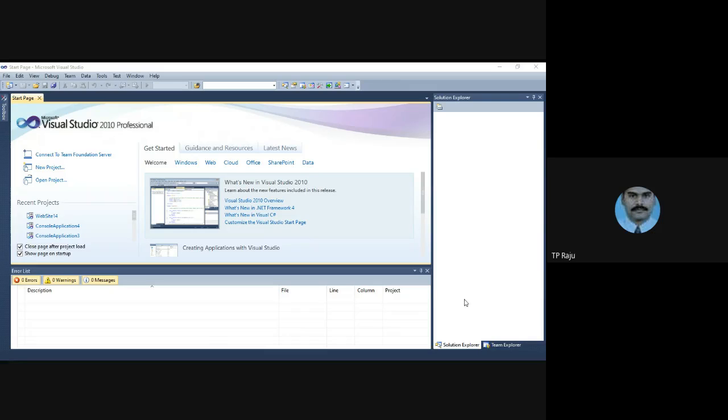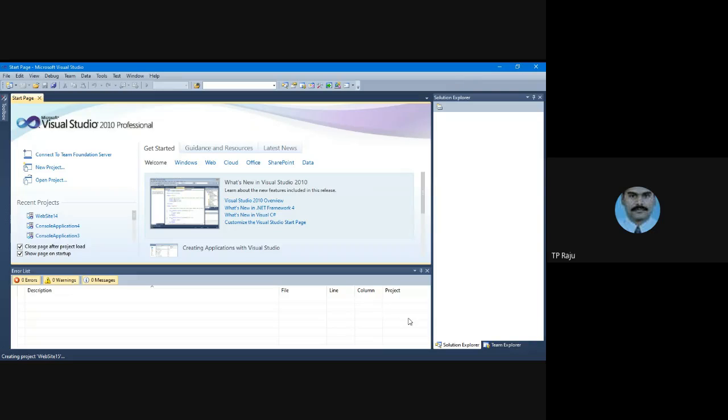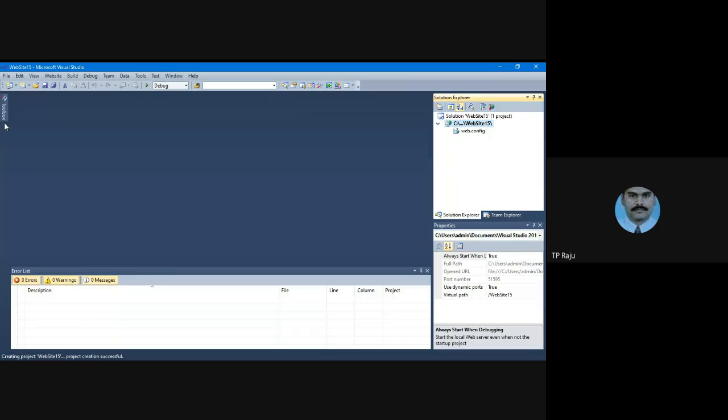After that, you click the OK button. Then you will get the empty website. It takes some time, please wait. This is the empty website.